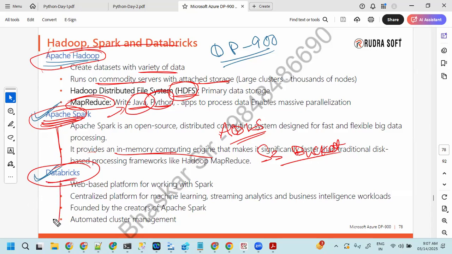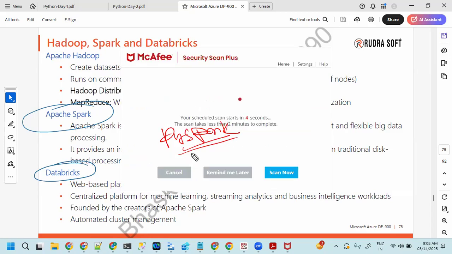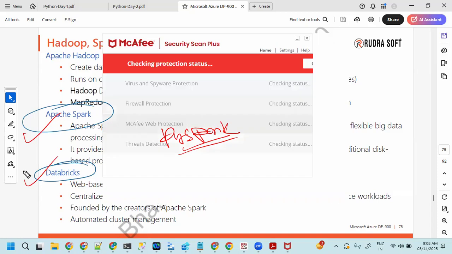We'll spend some time at the time of Databricks, but here I just wanted to say that to provide the solution for your big data, we have a variety of services in the market, like Databricks and Apache Spark. So when you go for an interview, I'm sure they're going to ask, do you have experience with Apache Spark? Or do you have experience with PySpark? At least they will ask about PySpark. And when they're asking about PySpark, then definitely keep in mind that it is Apache Spark or Databricks. So both are going to be there.